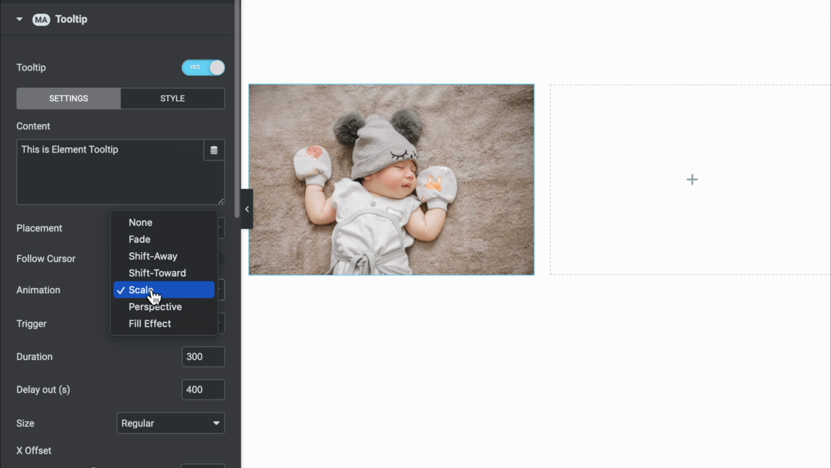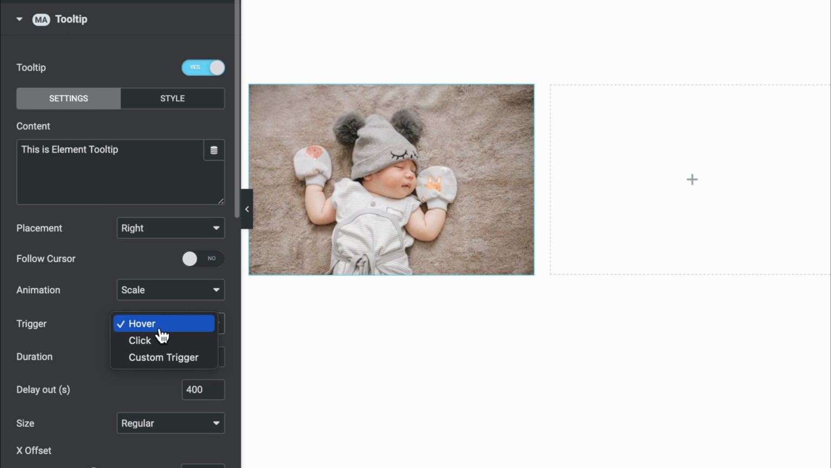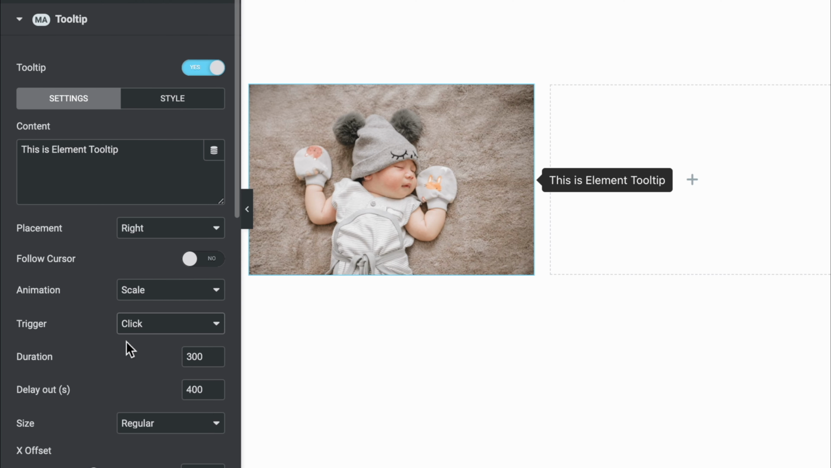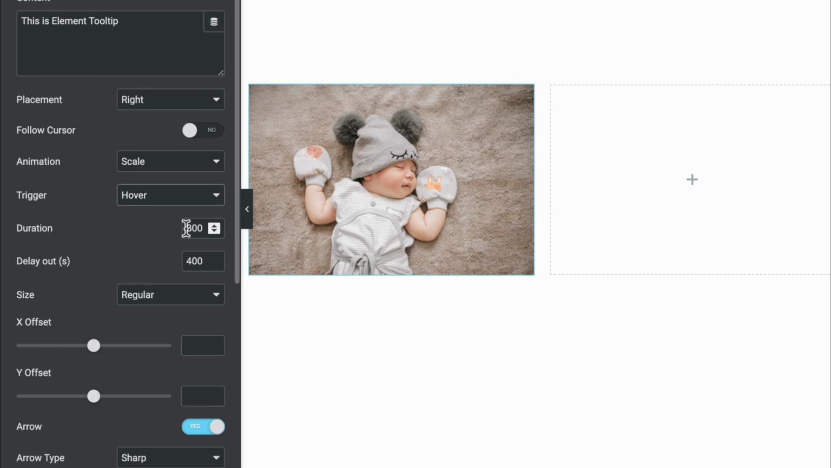Then animation, you can define animation. Then trigger, you can select click or hover for the trigger. Let's select click, and now if I click, then it will appear. Let's select hover, and then duration, you can define your animation duration. Then the tooltip size,